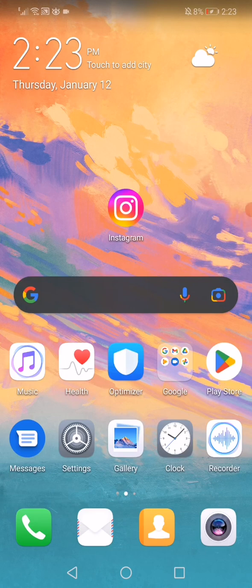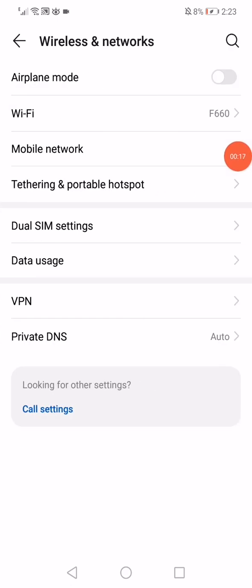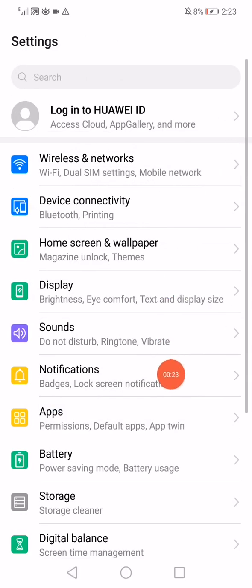I'm gonna show you how to fix Instagram login error easily and fast. First thing, guys, is open the settings and then go to the wireless and networks, go to the Wi-Fi, disable it, and then go back, open the